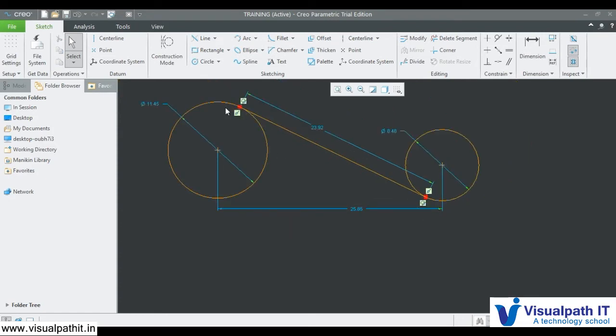This is how we create a line tangent to these two circles. If there are just two arcs and we want to create a line which is tangent to both, we select both arcs and the line will be created tangent to both.